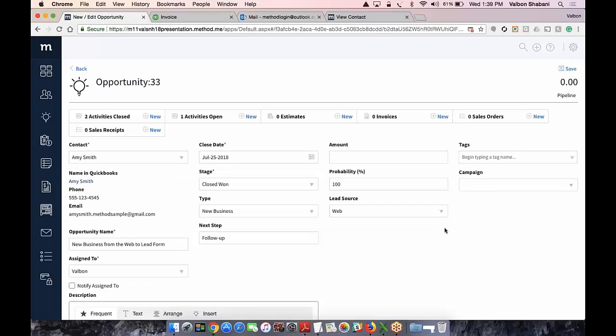One is through a transaction. So Method is intelligent enough to say, you're invoicing this customer now. You might want to convert them to, you're invoicing a lead. You might want to convert them to a customer. But had Amy still been a lead, a potential customer, while we close this opportunity as a win, Method also